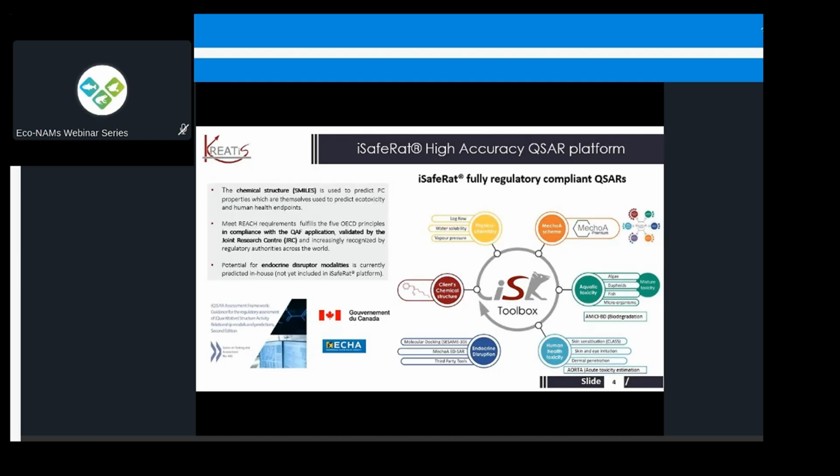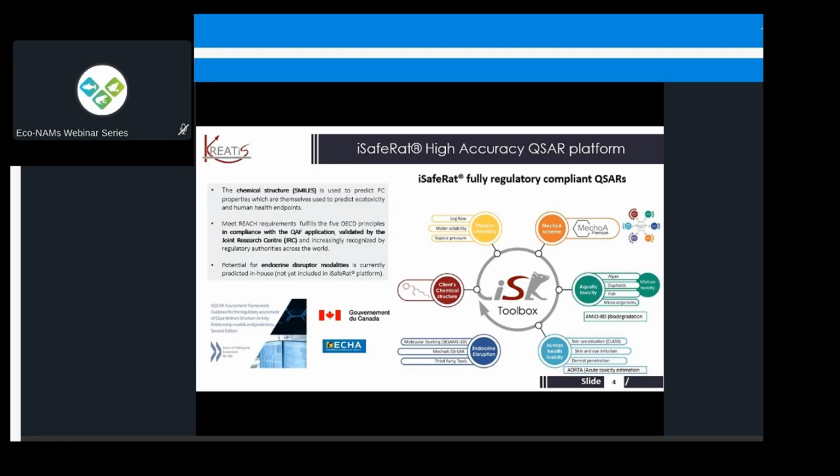Vapor pressure is also useful for ecotoxicologists, especially if they're going to do any actual lab testing downstream on the basis of this, because it helps them make the correct test design. And we use the water solubility as our main descriptor later on, at least for the ecotoxicity QSARs.